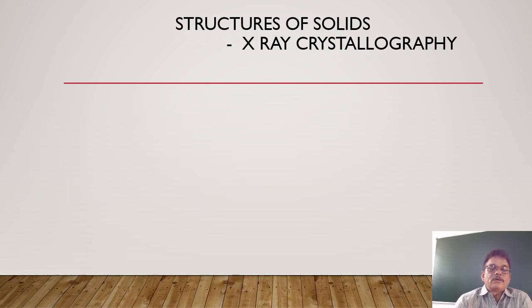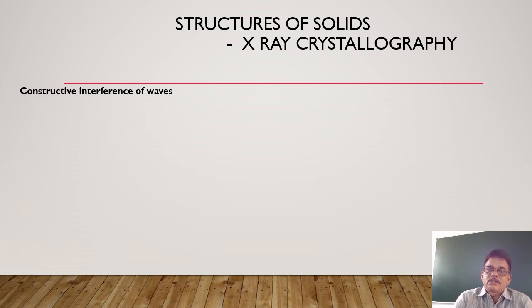Next one. If we take the properties of light, there are 5 properties of light: reflection, refraction, diffraction, interference, and polarization. I think you might have gone through these properties in previous classes, or in physics, in optics. Here we have to discuss 2 properties. They are diffraction and interference.